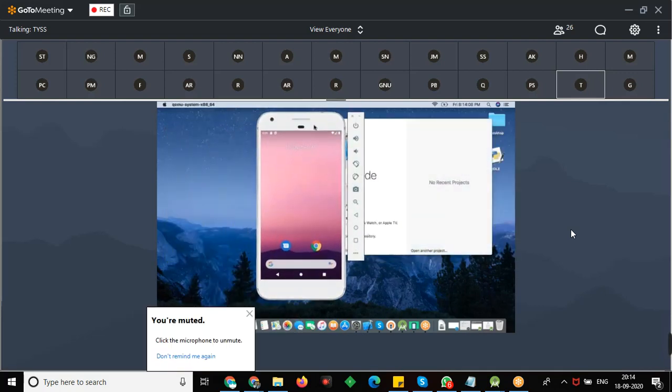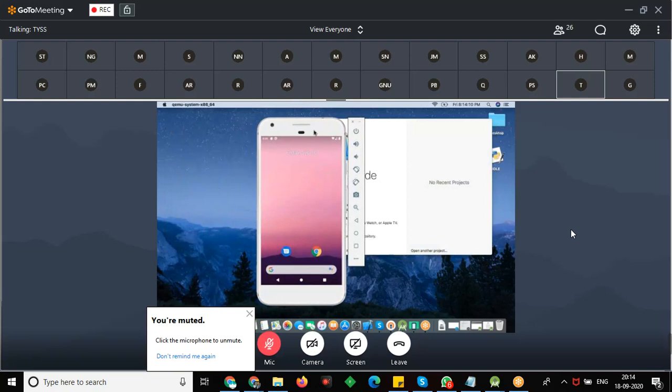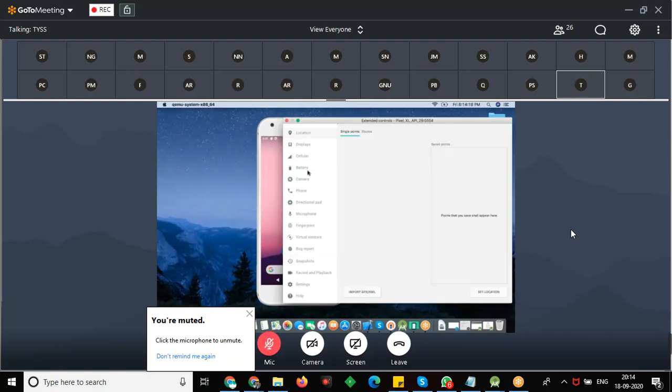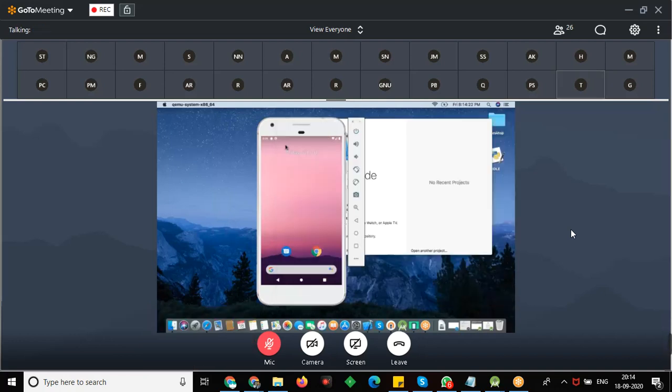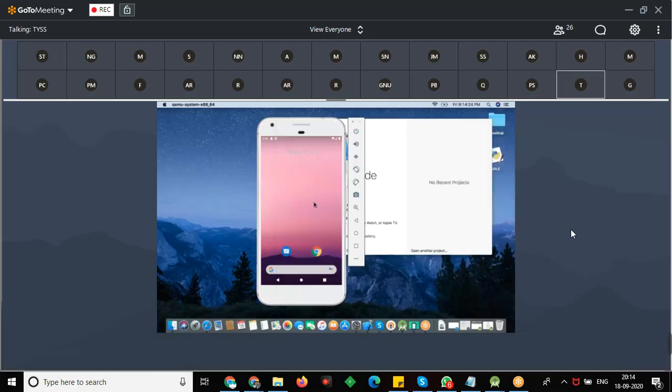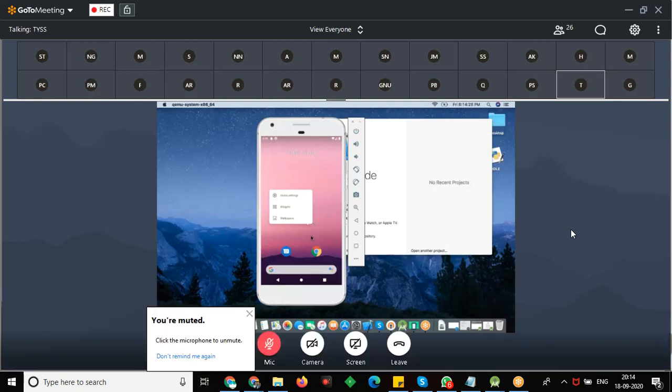So using this emulator, you can change everything, the way you are using the application.